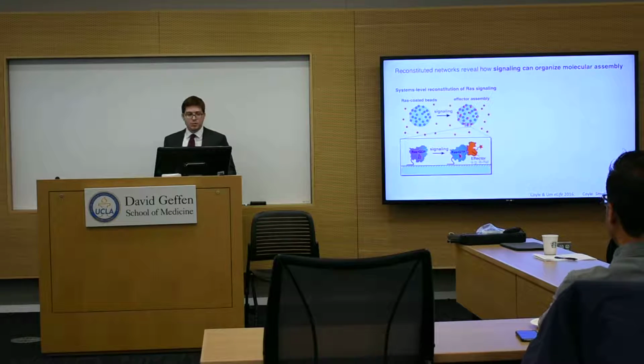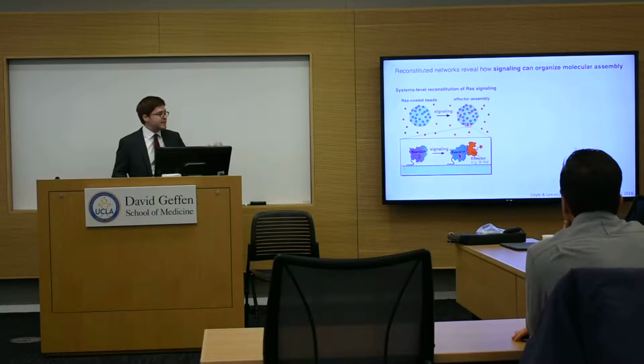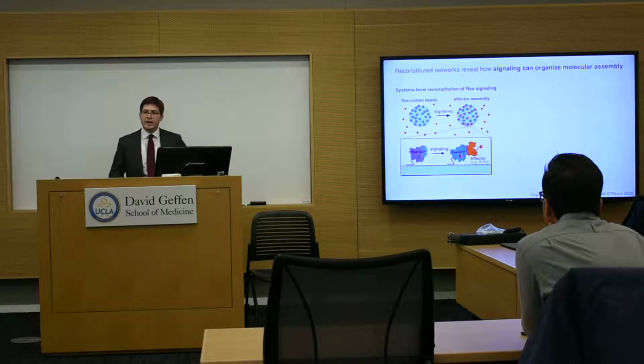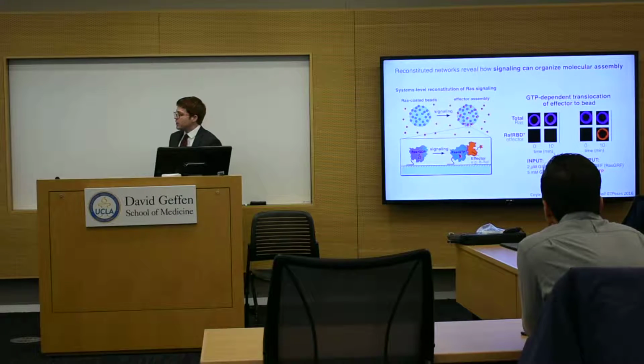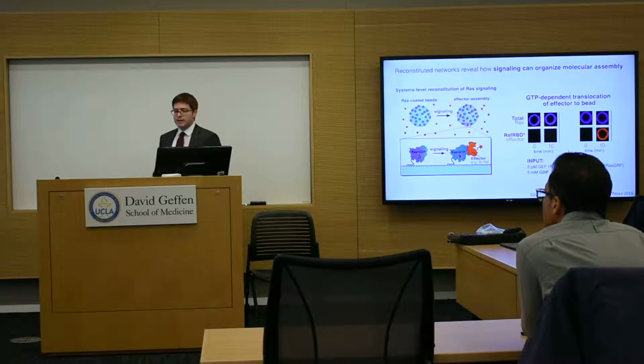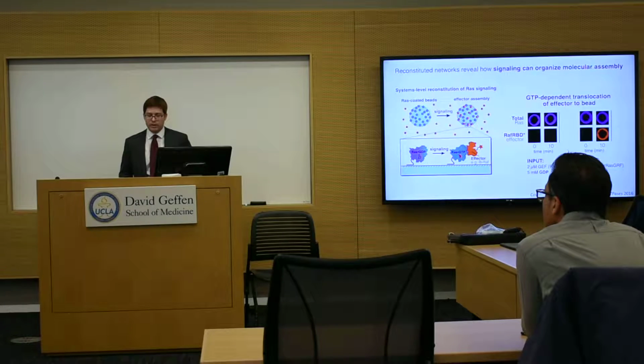And our strategy was to prepare RAS-coated beads and place them in a solution of signaling components, and then monitor the actual assembly of effectors onto the bead surface using fluorescence microscopy. And this is what the raw data from these types of assays looks like. There's a RAS-coated bead, and if you supply activating GEF and GTP in the system, then you see effector assembly